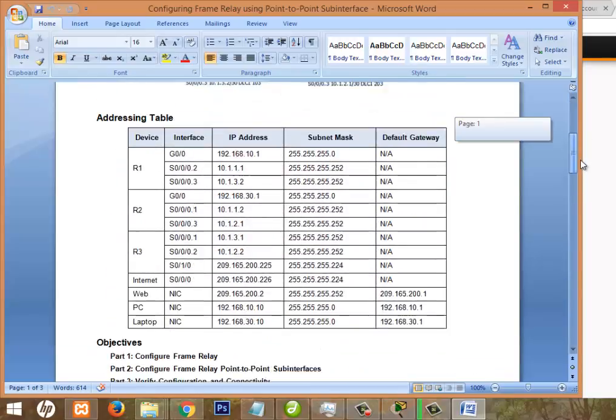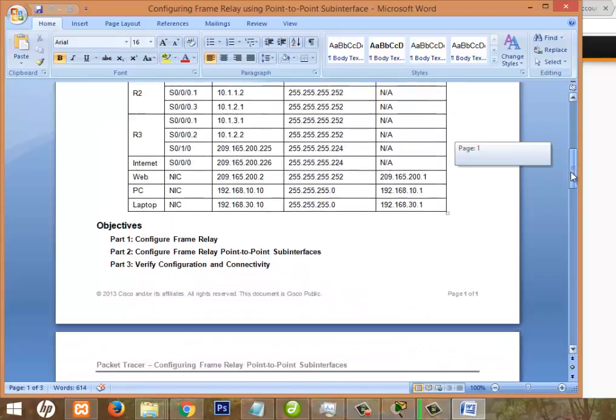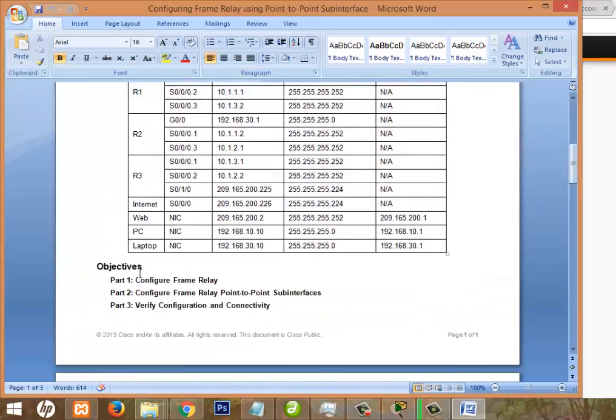So this is the table showing all the configuration details and the IP addresses which we have used for each of the devices here. These are the three steps we are going to take. First, we have to configure the frame relay, and after configuring we have to have different sub interfaces.